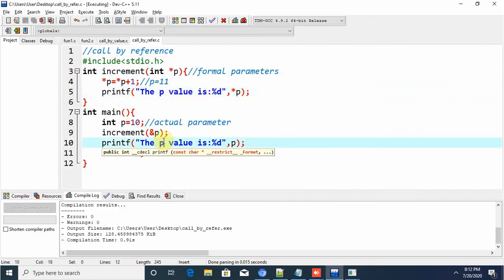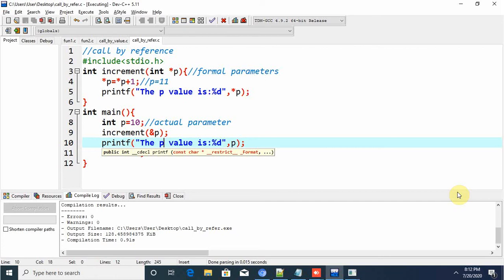See what this is. I tell you. Actually, this reference is nothing but the address term here. Usually, we have a variable called p here, right? So p has some value 10, and that 10 holds some address.